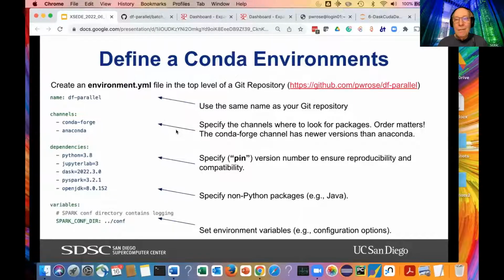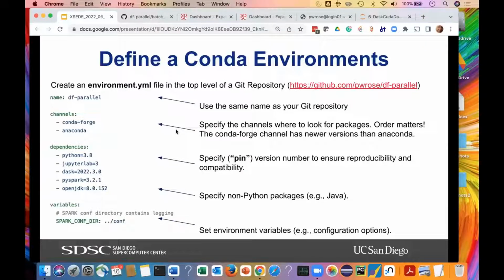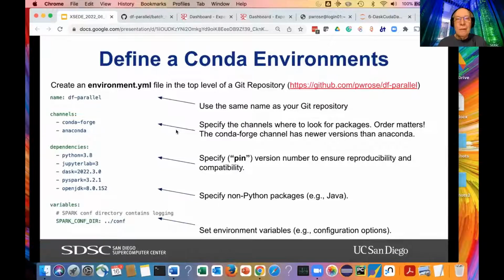I guess I'm wondering about Dask CUDA data frames. Do they work well with MPI for spreading across multiple GPUs and multiple nodes? How would you do that? Yeah, I don't think that will work with the Conda environment. I think that's where you want to use a container if you go across multiple nodes. So this just works in a single, easy environment. If you need to have any other configurations set up, that probably will not work.